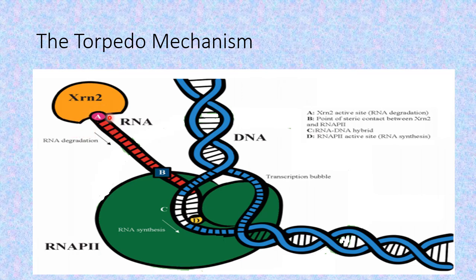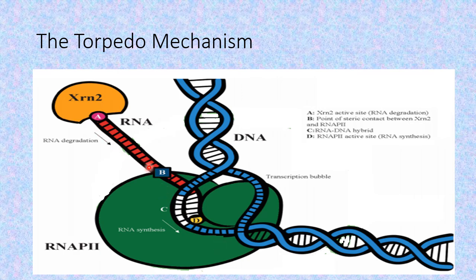So this exonuclease starts degrading the remaining part of the RNA, because RNA polymerase does not stop its activity at the cleavage site. It keeps on transcribing down the DNA molecule, and the RNA that is being formed is simultaneously being degraded by this exonuclease. And as this exonuclease reaches and comes in contact with this RNA polymerase,